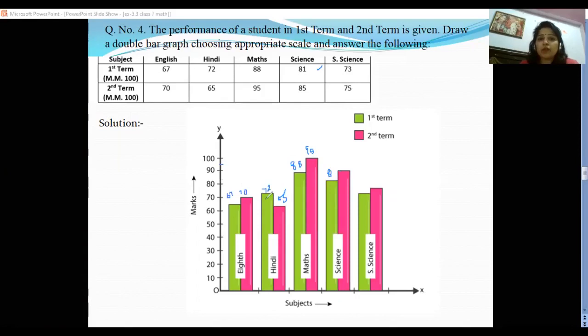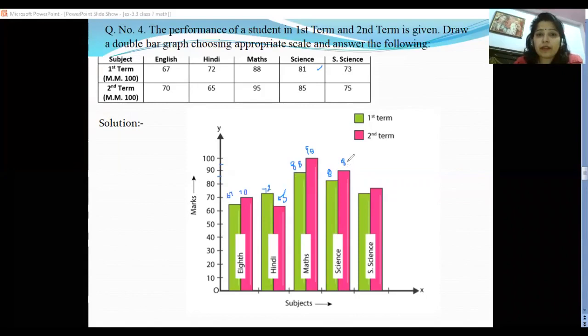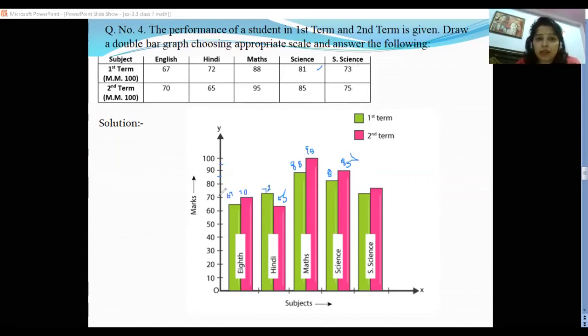When you have to draw this graph on the graph paper, whenever you are drawing it, make sure you are using a scale, pencil, everything. 85 means between 80 and 90 there should be one middle line, so that is 85. And then at the last you have 73 and 75. 73 for the first term, so 70, then three boxes ahead, 1 2 3, and mark 73 here. And the last is 75. For that you can consider the middle line, so that must be 75.